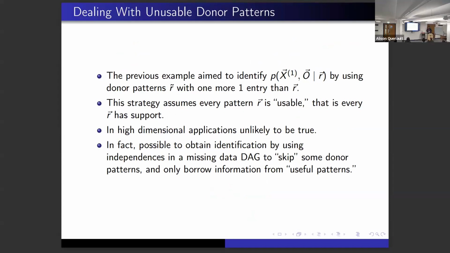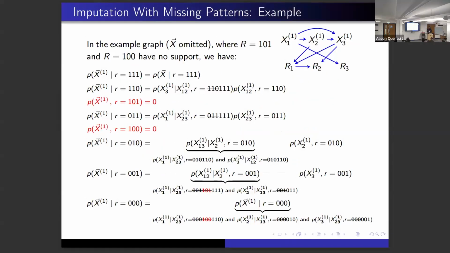But that might not happen. What might happen is you might have some patterns that have no support in the data. But you could still run the same strategy if you could find an appropriate donor pattern by some sort of search that does have support. And so here we have almost the same graph with a single missing edge, which I strategically removed so things stay identified. Again, it's just a toy example. So here there are some patterns in red that are not identified. They are identified, but they have no support. So you can think of the joint distribution as having probability 0, and in red.